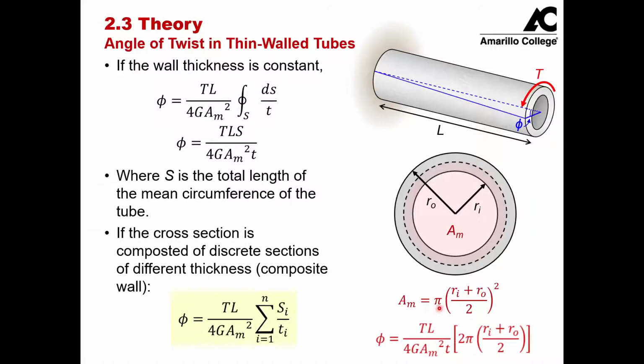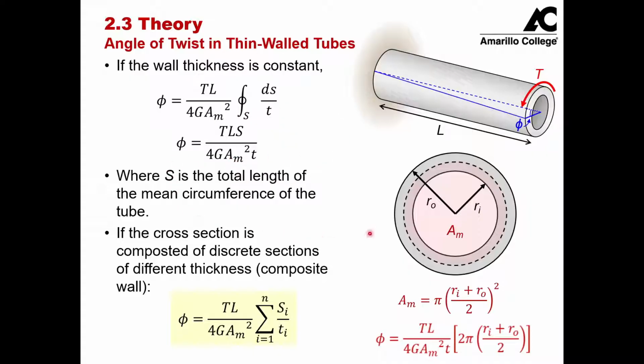So we can say that our mean area is going to be pi times our inner radius plus our outer radius divided by 2, squared, which I would then plug into this equation. And the arc length is going to be pi times our diameter, or 2 pi r, so 2 pi times the average of our 2 radii. So that's how we would use these terms to calculate this s and this Am term,